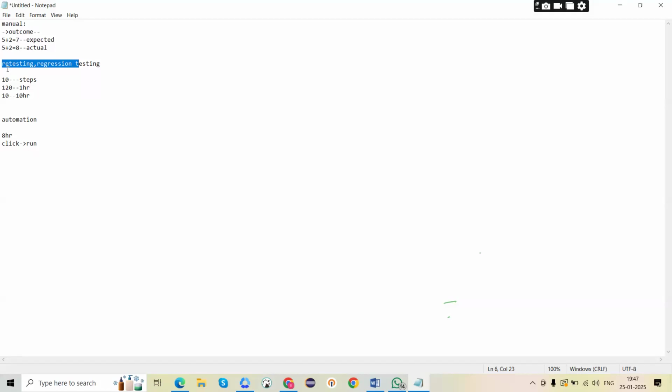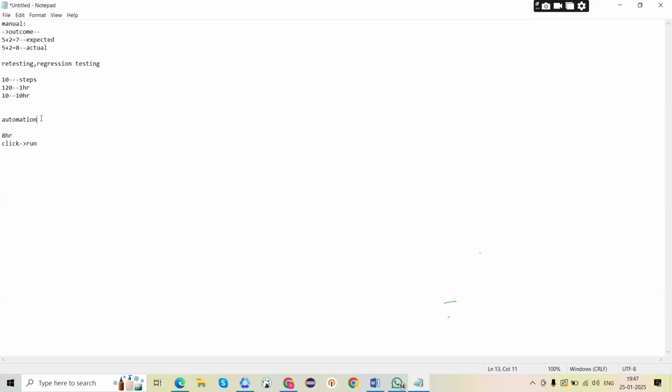Due to this retesting and regression issue, every company is moving to automation. Because every time there is a production release, I think you know about this, right? For any enhancements or any product release, we need to do testing from top to bottom. A manual tester can't test the full application from starting to ending.